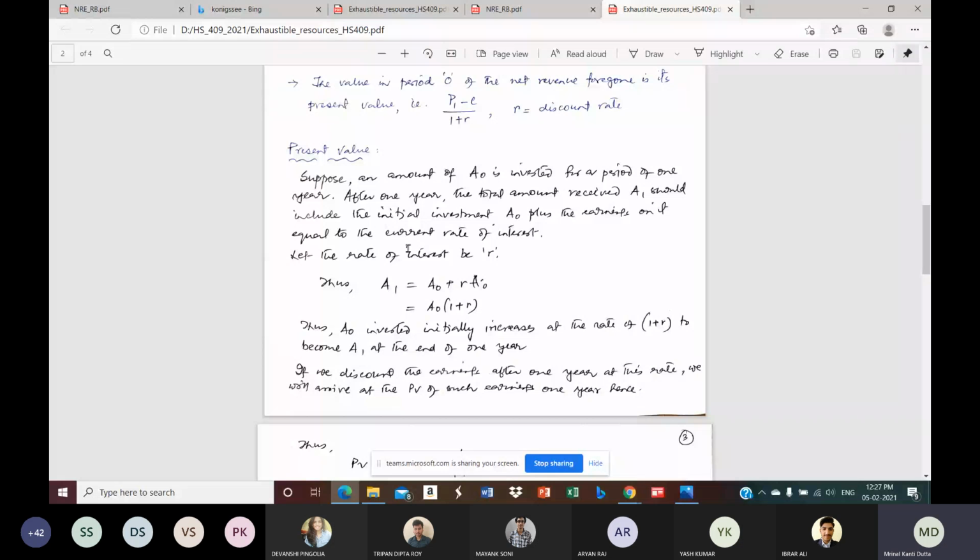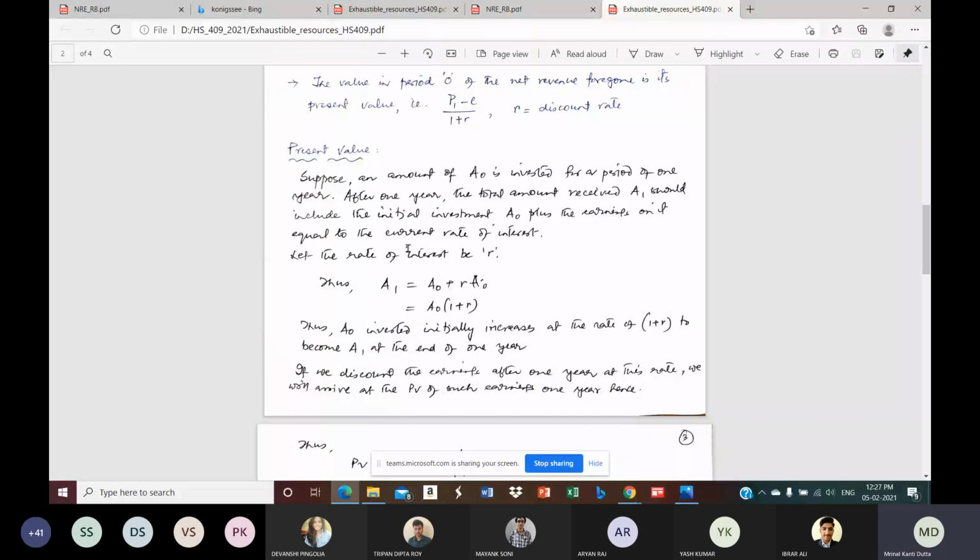So this equation tells us that along the optimal extraction path, where the resource owner is indifferent between extracting or leaving the resource in the ground, the price of the resource net of marginal extraction cost, because we are talking about P1 minus C, for example. So this P1 minus C is the price in the next period, the second period. So this price, or net revenue, in essence the price of the resource net of marginal extraction cost, that is the user cost